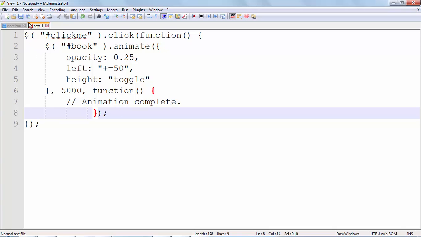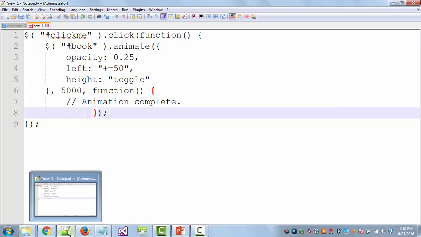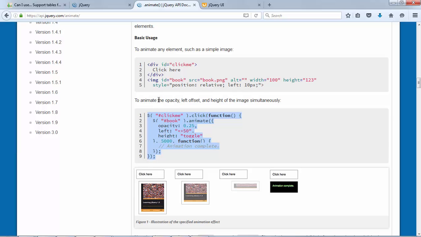Okay, so I'm going to save this, and we'll call this, well, what do they call it in here? Let's see. Do we animate the opacity? Yeah. All right, let's grab this file, or this thing right here, this picture of the book. All right, so what we're supposed to be able to do